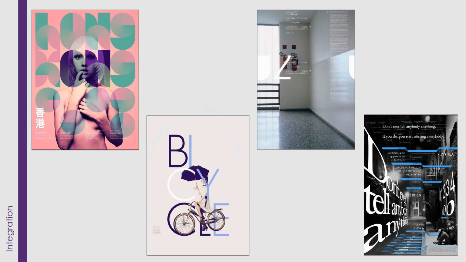Here are a couple more examples of integration. Again, it can be very overt, like some of these examples, like the bicycle one, right, where we're playing with that sense of spatial depth, or that ad on the far right where the text is running along the perspective of the corridor. Or it can be something much more subtle, like the first one, the pink one that